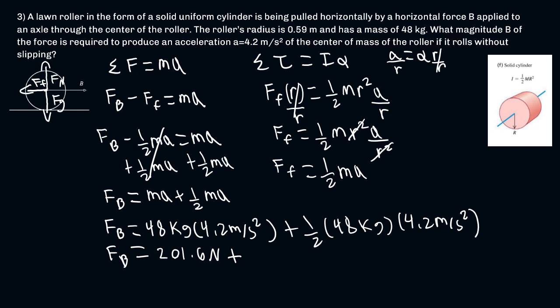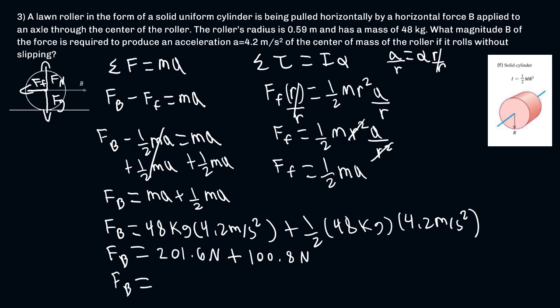So you have 48 times 4.2 divided by 2, that is going to be 100.8 newtons. So now I'm going to have my applied force here, FB, add those two numbers together, and we